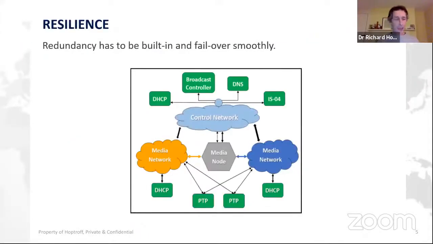And equally, resilience is king. So as I've learnt in my learning curve on IP distribution for media, there's two of everything. So in this particular model, there's an orange network and a blue network, and both will function completely independently. And we should probably be extending that to the time sources. So maybe there are multiple time sources, some of which are terrestrial like ours, some of which are satellites, so that we've always got the best, but we've also got something as an alternative that we can rely on.